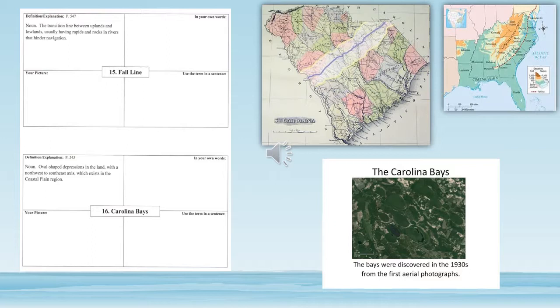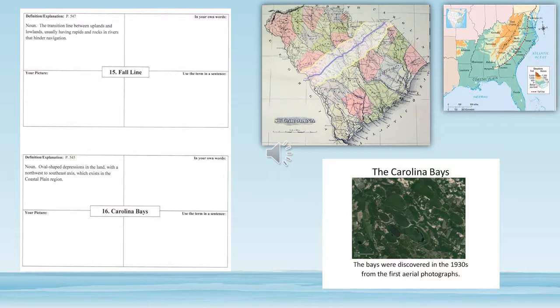Okay, Carolina Bays. Now, this is very interesting. The Carolina Bays are those oval-shaped landforms that are depressed, which means they've sunk into the ground. And this was something that leaders in South Carolina did not know about until the 1930s with the advent of aerial photography. Now, photography was around a little bit before the 1930s, but then when we say aerial,